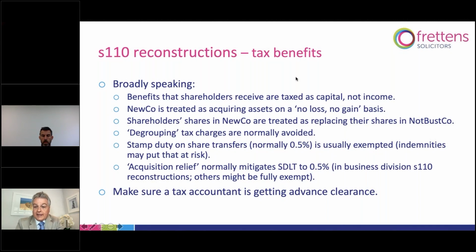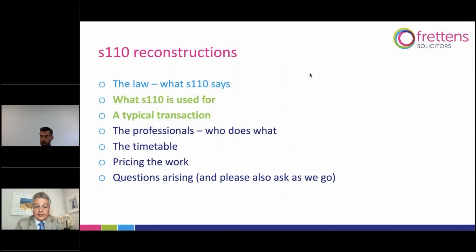And again, emphasize this point, make sure that the tax accountant is getting advance clearance. The flip side of that particular coin is make sure that your engagement letter makes it abundantly clear that you are not giving tax advice on the deal, and that is for somebody else to do, which brings us neatly on to looking at who the professionals are in this project and